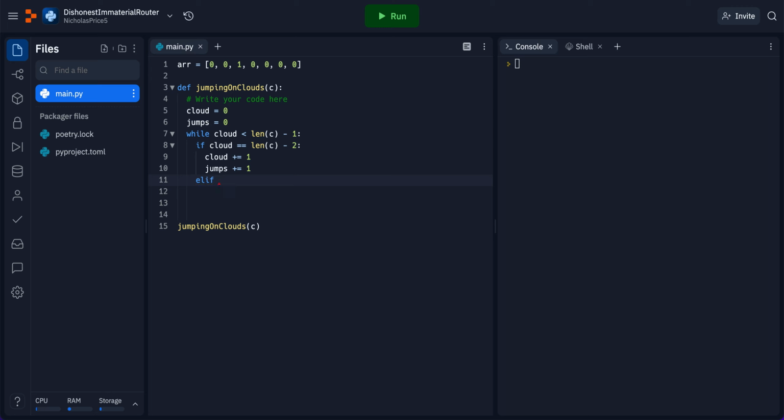So how would we evaluate the rest of this array? Let's say our cloud is 0. We've got cloud stored as 0. Let's write some pseudocode for a second. So what are we starting at? We're starting at C of 0, cloud of 0 in our array. And what do we want to do? Well, we want to take the minimum number of jumps, right? So we want to do a double jump at every instance we can. So we're going to evaluate C at